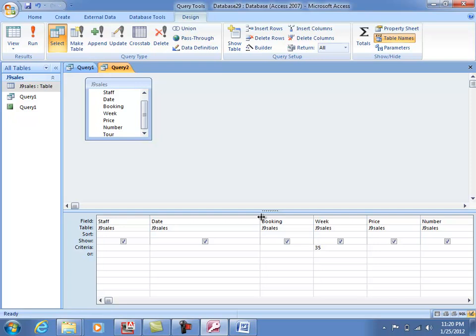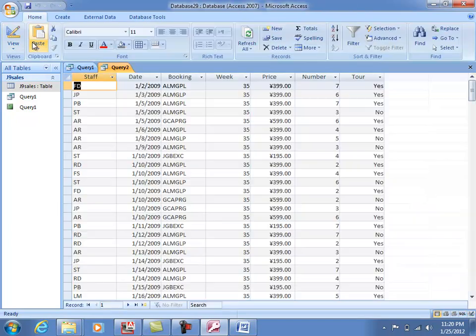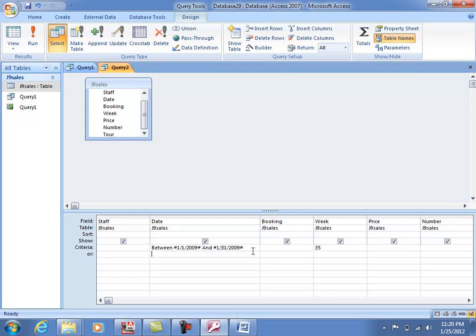Okay. Now what we have to do is there are two ways. Listen, two ways of doing it. You can simply write between 01 2009 and 01 31 2009. Agree? This is one way of doing it. It works. It shows me all the entries only in January, right? The other way is, I have to tell you both ways, greater than and equal to 01 2009 and less than and equal to 01 31